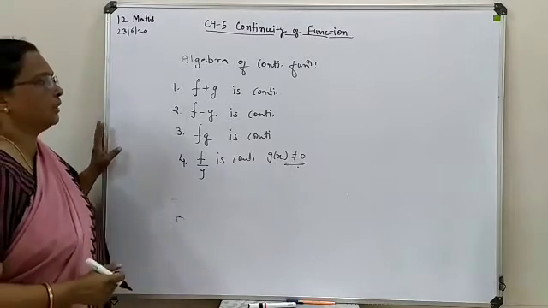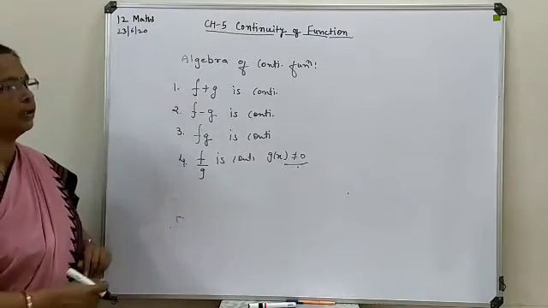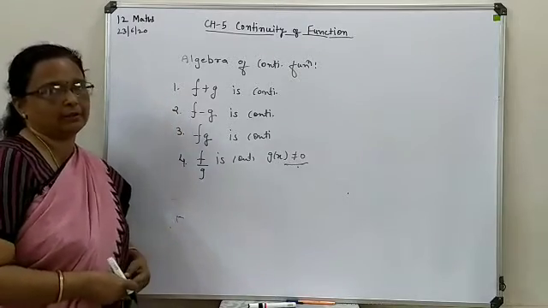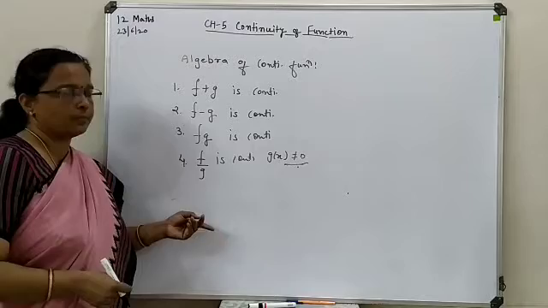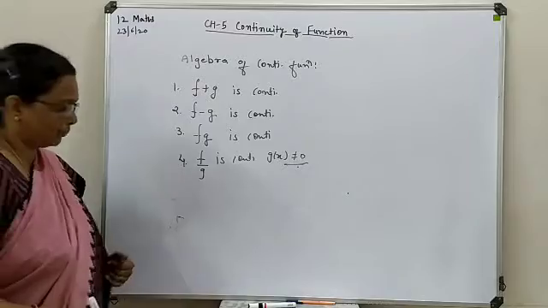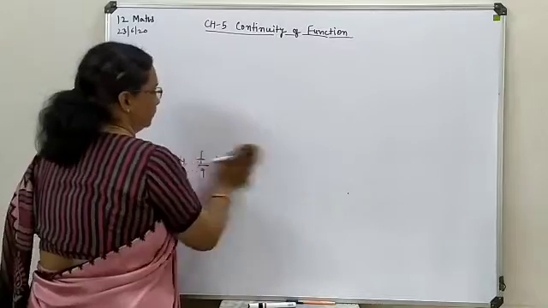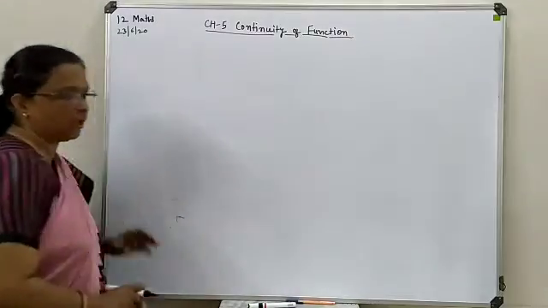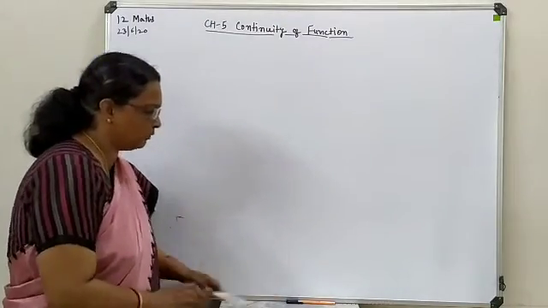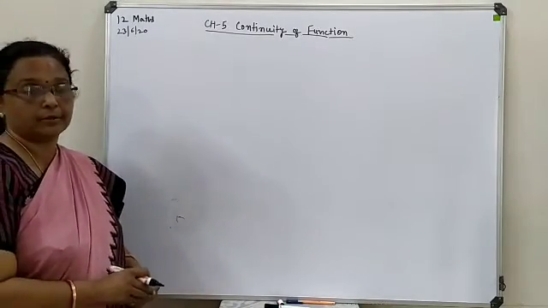So this is the algebra: if your functions are written in a combined form, you will first check whether the individual functions are continuous or not, on the basis of the knowledge I have just given you regarding the previous five points. You can conclude about the combined form of any type of combination. Now we are going to move towards checking whether a function is continuous or not. For that, we go to the questions of exercise 5.1.